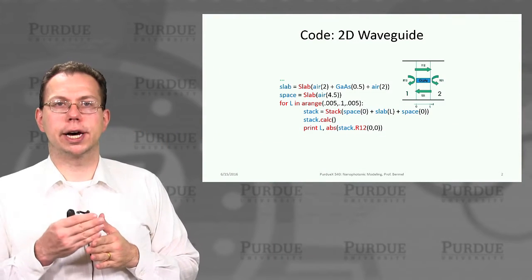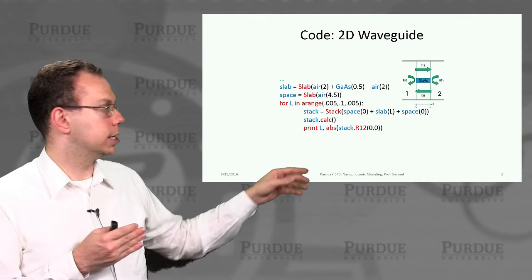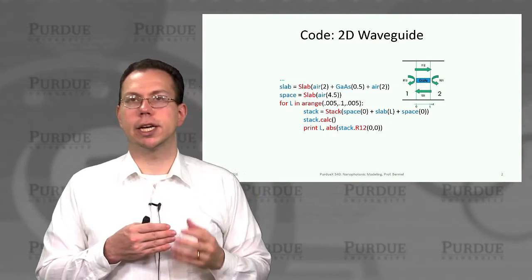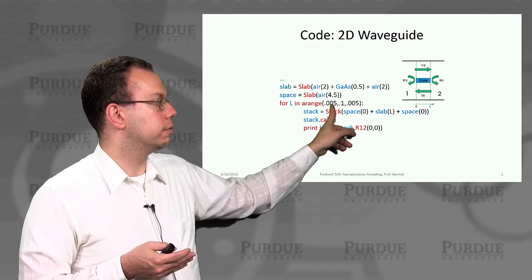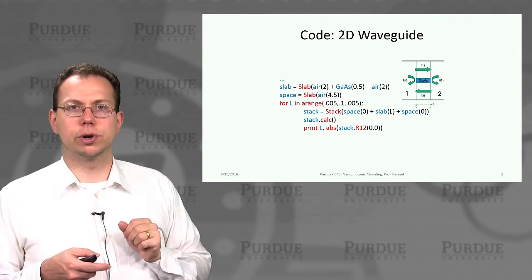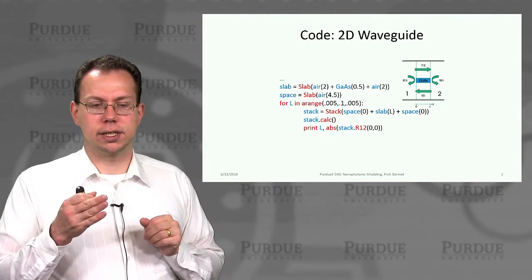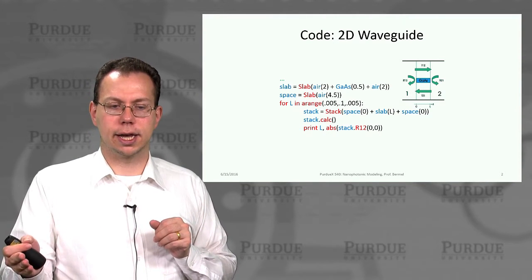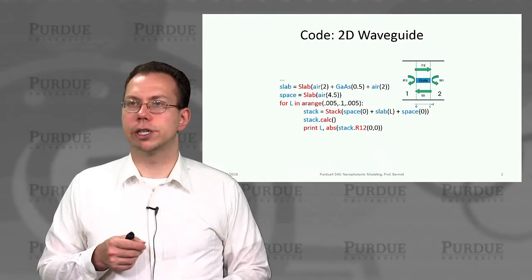And then we're going to allow the length of this gallium arsenide slab to vary in this direction, okay? So you can see this length here from one end of the gallium arsenide to the other is just defined as L. And then we allow L to go over a whole range from a very small value to a slightly larger value of 0.1. So it's still very short, of course, this is just a proof of concept. And then we can stack these three layers, the air region, then the gallium arsenide slab, and then the air again. Then we can perform the calculation, and then we can extract this so-called R12 parameter,